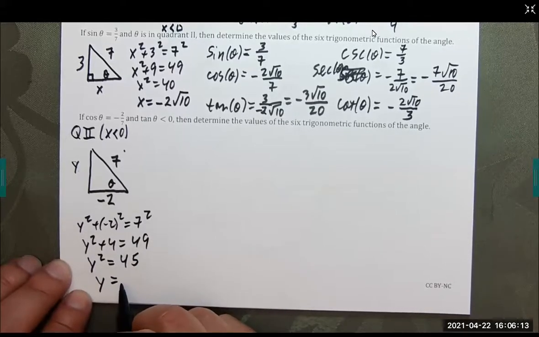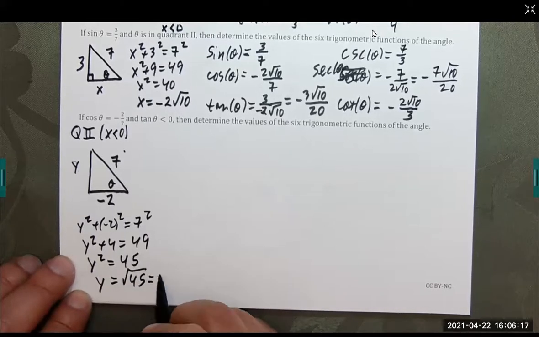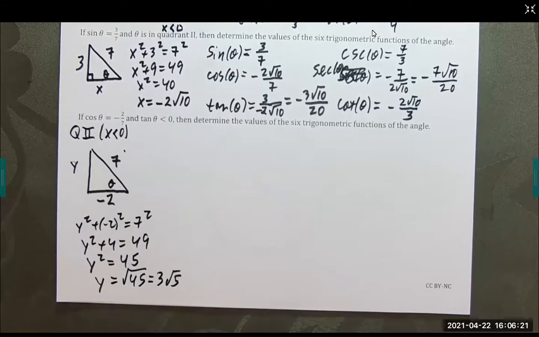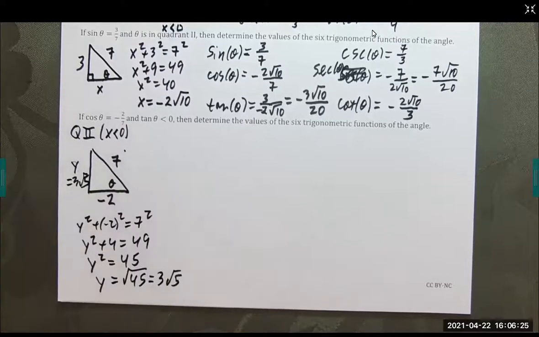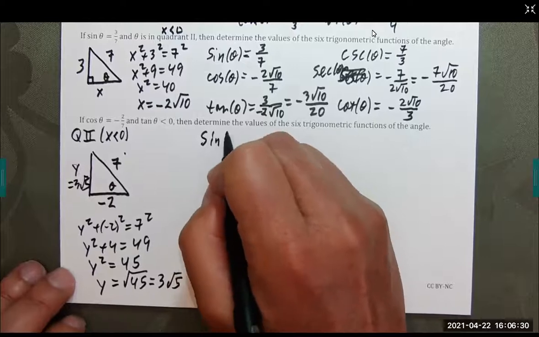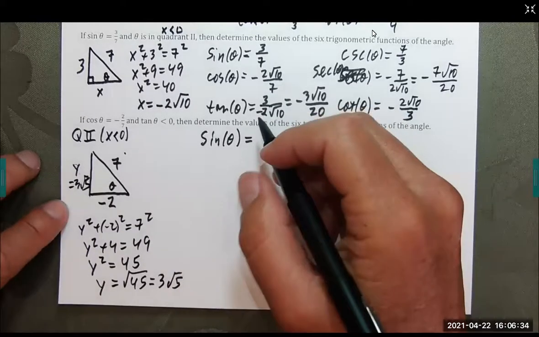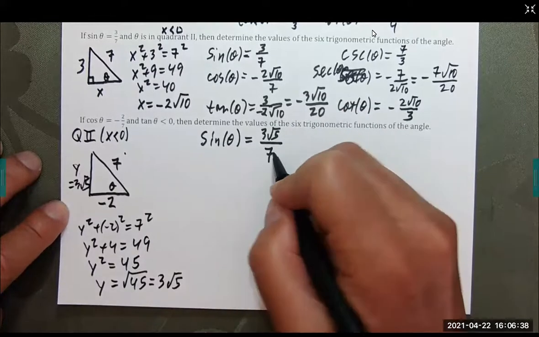Positive root 45, which becomes 3 root 5. And again, that's a positive 3 root 5. So here we go. Sine of theta is going to be y, which is 3 root 5, over the hypotenuse, which is 7, or the r, the